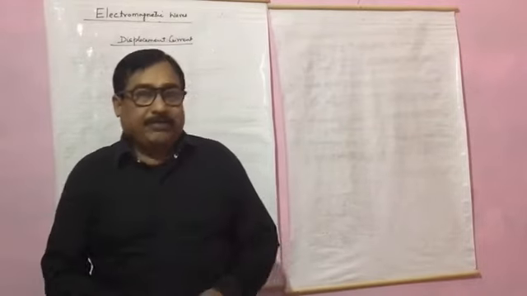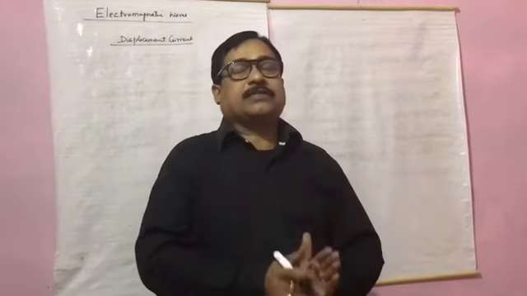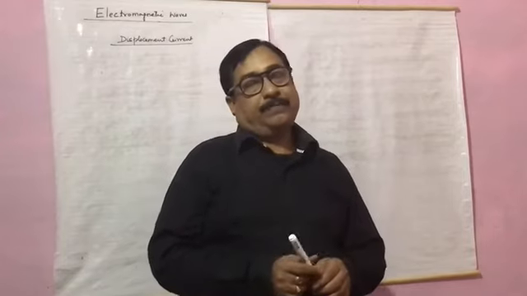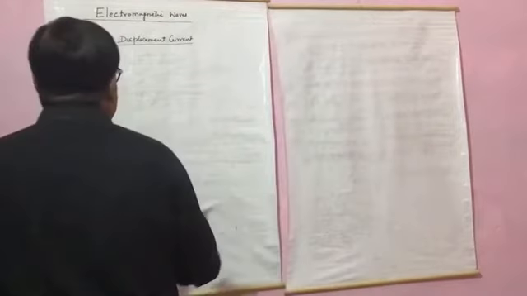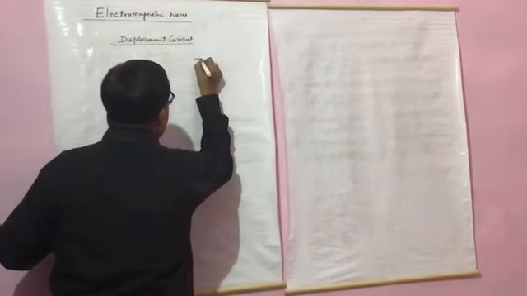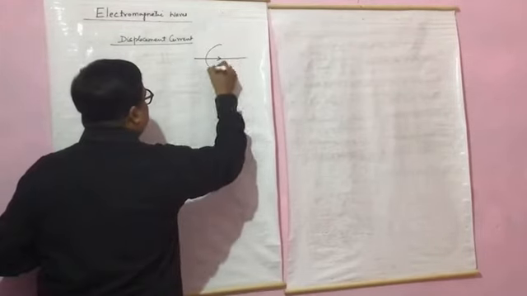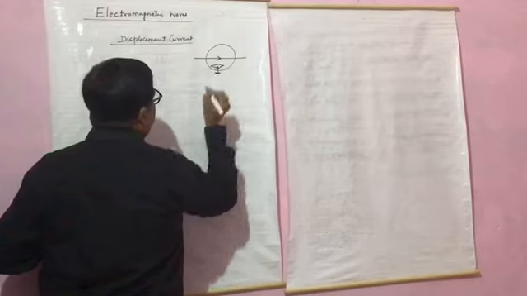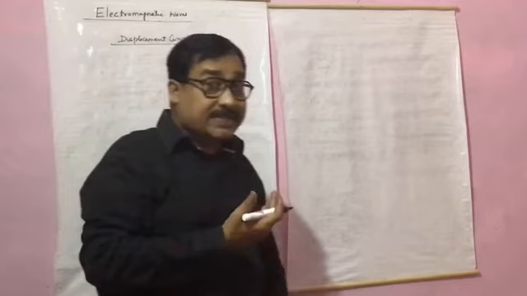In this video lesson, I am going to give you the concept of electromagnetic waves and displacement current. I think all of you know by Oersted's experiment that when a current is passed through a conductor, a magnetic field is produced in its nearby region, and that can be shown by the deflection of a magnetic needle placed near it. So it was shown by Oersted.